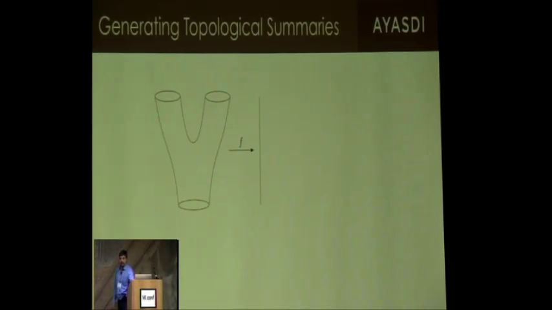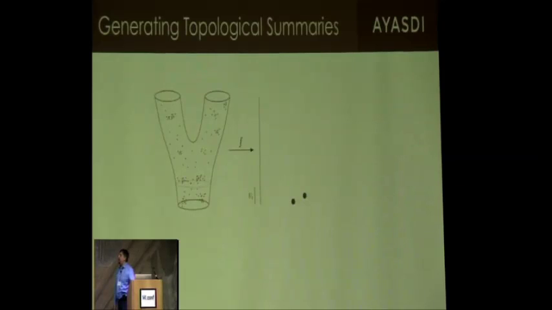So this pair of pants is my data space, and I'm going to think of my data points as sampling the surface of this pair of pants. And I'm going to start with a function f. So a function is an assignment of a real value or a number to every point of the data. And the way I've drawn it, that function is just the height function. I'm just projecting the data straight across onto that line segment.